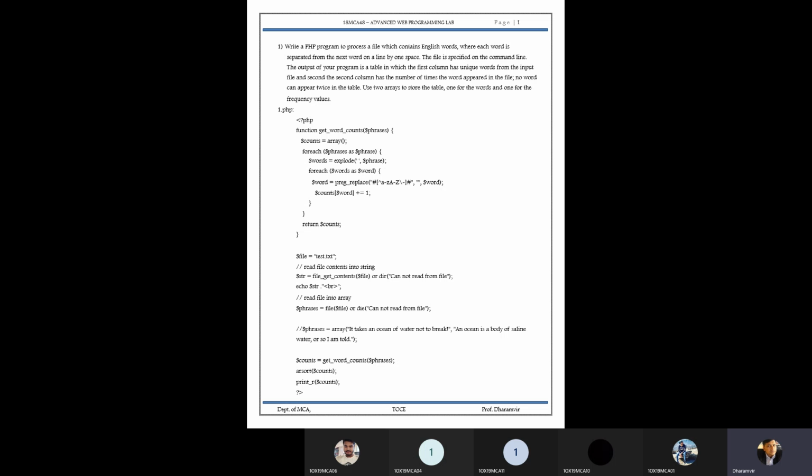First paragraph. Second paragraph, you see, they are going to take the text.txt. What is text.txt? We are going to get some content from some file string. So read the file content into a string. A string is a variable that we are going to use to identify the content. These are the files that we are going to display in the file variable. Second one, file_get_contents file. So once we read the file, that value we are going to store. So they read the file into an array.